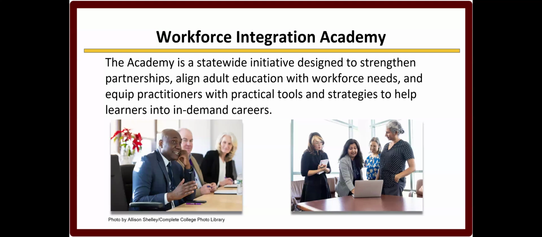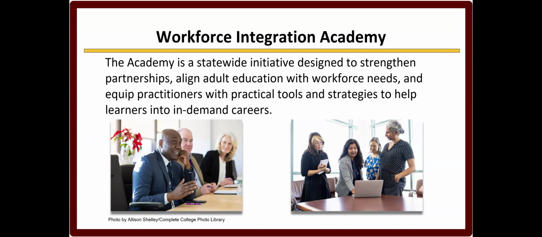So first up at bat is the Workforce Integration Academy. If you haven't heard about this, well, you're in luck, because the Workforce Academy is going to be an initiative that targets program teams where they're going to work together for systems change within career pathways. And this is really exciting because I know that last year TCALL had provided an IET boot camp,